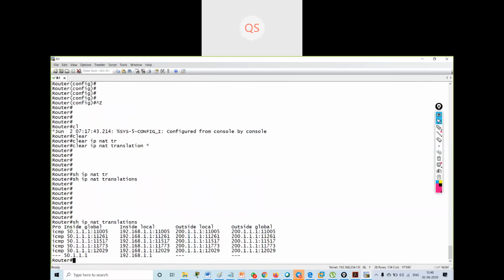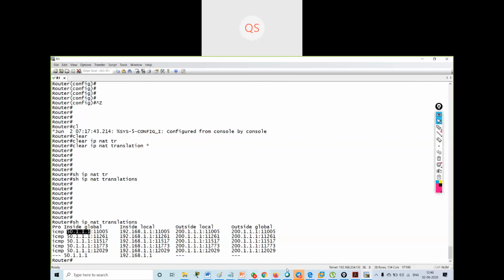Now if I see show IP NAT translation, see, it has been assigned dynamically a public IP address, 50.1.1.1. It has been assigned a public IP address dynamically.